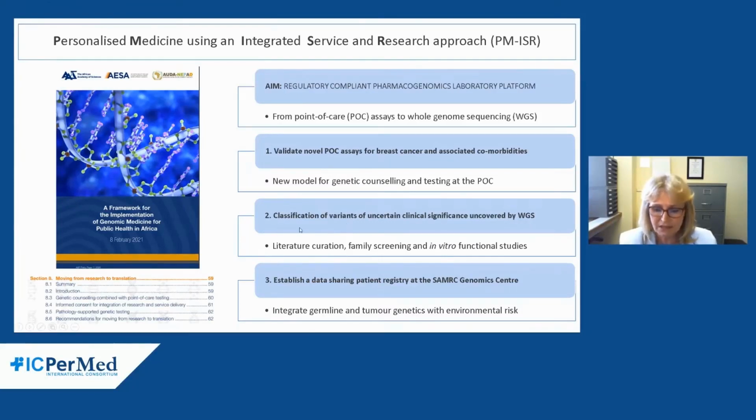And that would obviously involve a lot of ethics approval, maybe case by case. We will have to work out the process, but also with the whole genome sequencing now available in our country and for the rest of Africa. Many of these variants of uncertain clinical significance are uncovered, and therefore we also started to build an in vitro